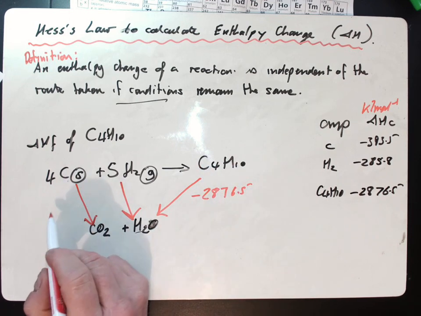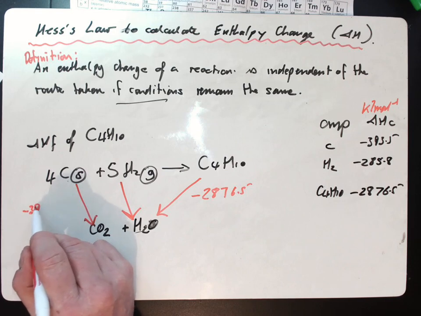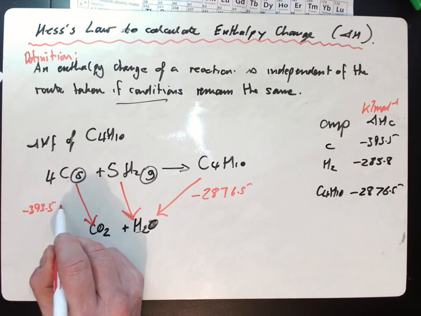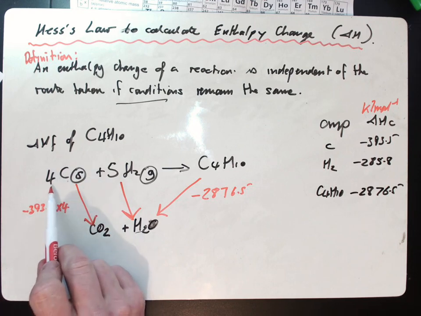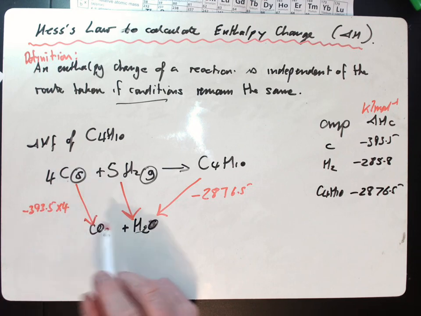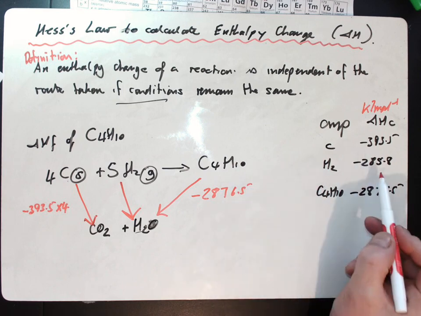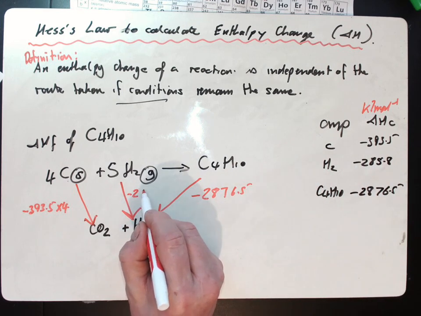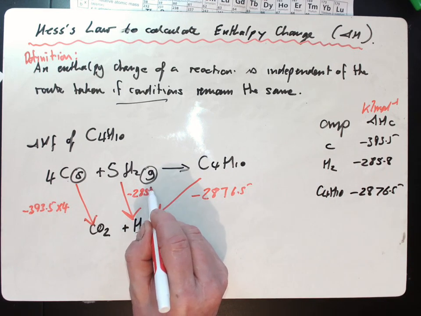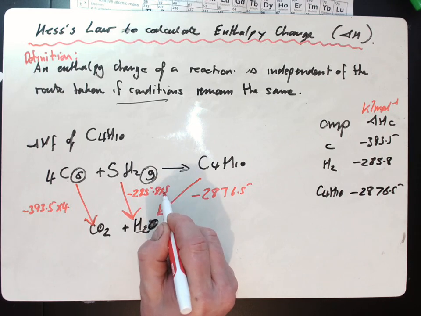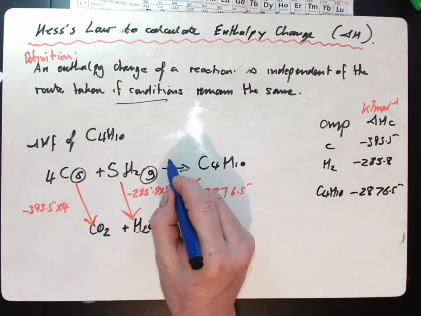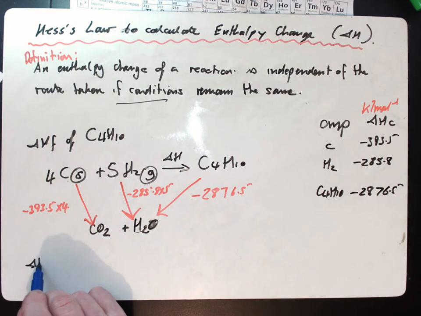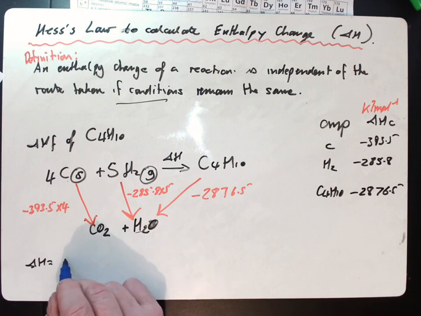Carbon, when I burn that, I get minus 393.5, but I'm burning 4 moles of it, so it's 4 times that. And hydrogen, when I burn 1 mole, I get minus 285.8, but I'm burning 5 moles of it. So again, my calculation, this is the delta H that I'm after, so delta H equals minus